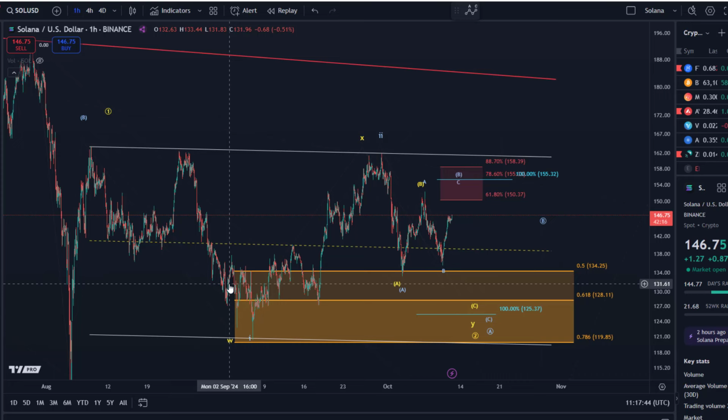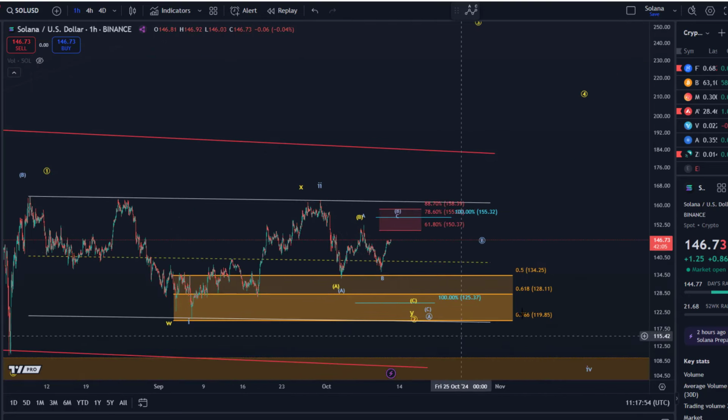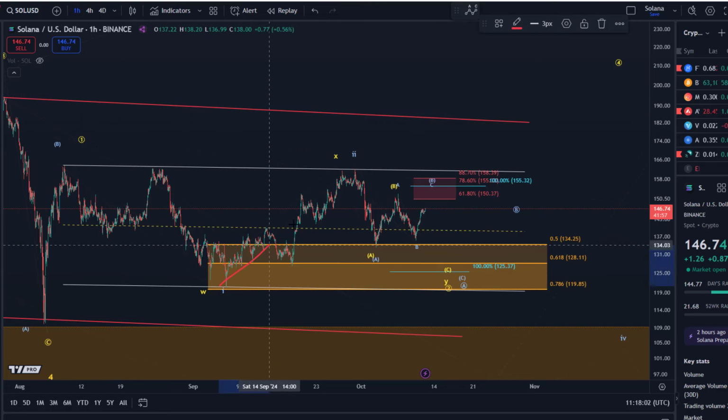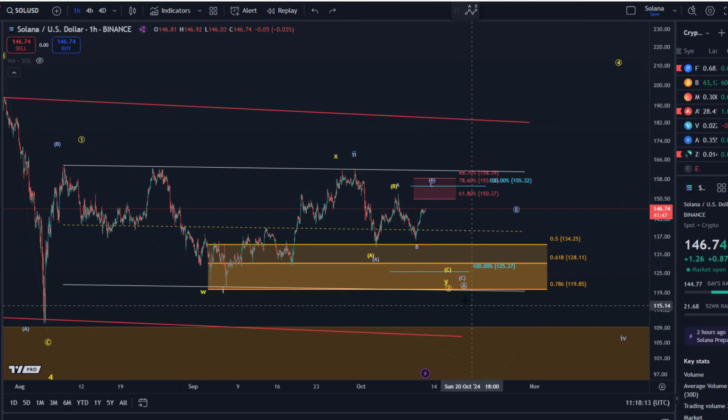The yellow count is overall bullish and allows for, obviously, I mean, this is the support area for the yellow count, okay? And if we take the microstructures away, as long as we're holding above $119.85, it is plausible to watch for a third wave rally. Looking at the microstructures, due to the corrective rally that we've had from the September low, it's likely to maybe complete that with one more dip and then go up. Yeah, because if we don't do that, it looks kind of weird,